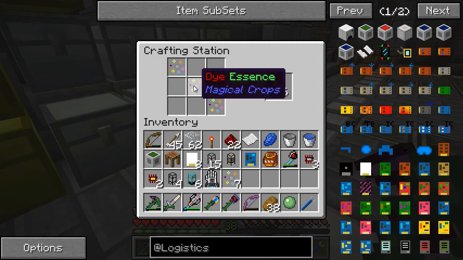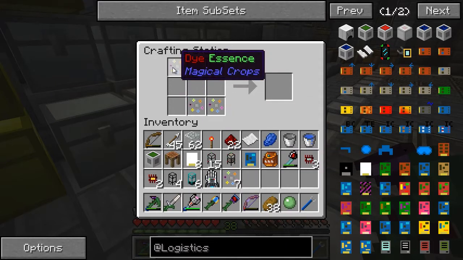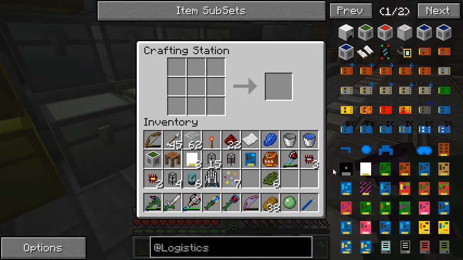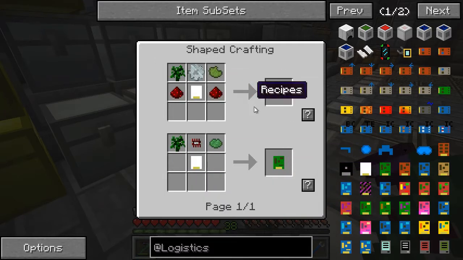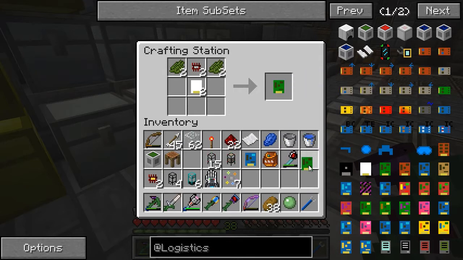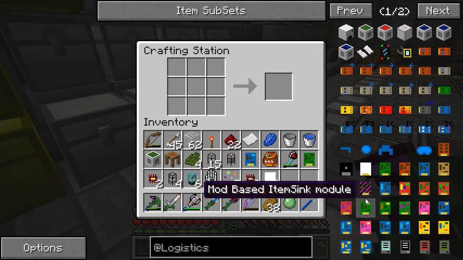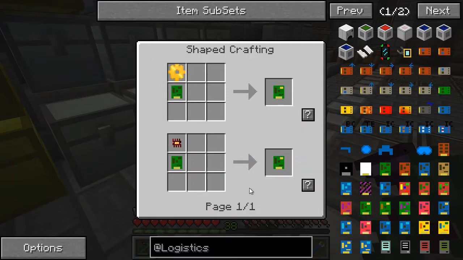Now I have to figure out what we can do to make green here. So let's see here. Green dye is 3 on the bottom. That's easy enough. And it actually makes 6 dye, so we'll have plenty for everything we need to do here. So we go 6 dye, and we can make the item sync module with this iron chipset, right? Okay, we can make one of those. And let's upgrade this right away into the